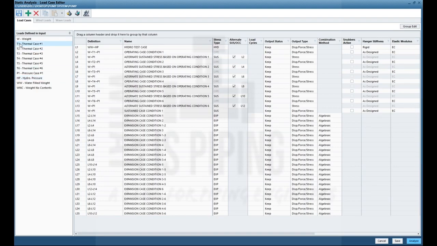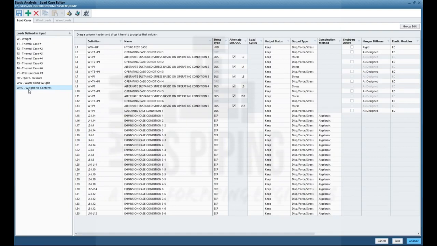Now the temperature cases are coming as T1 to T6. We have defined T1, T2 and T3 for design and operating cases, and T4 to T6 as standby and operating cases for pumps. That's why we defined 6 temperatures, so 6 temperatures are showing here. We defined only one pressure, that is design pressure, so here only P1 is showing. And WNC will come by default because this gives weight no content, meaning when there is no content inside the pipe, this load case can be used.